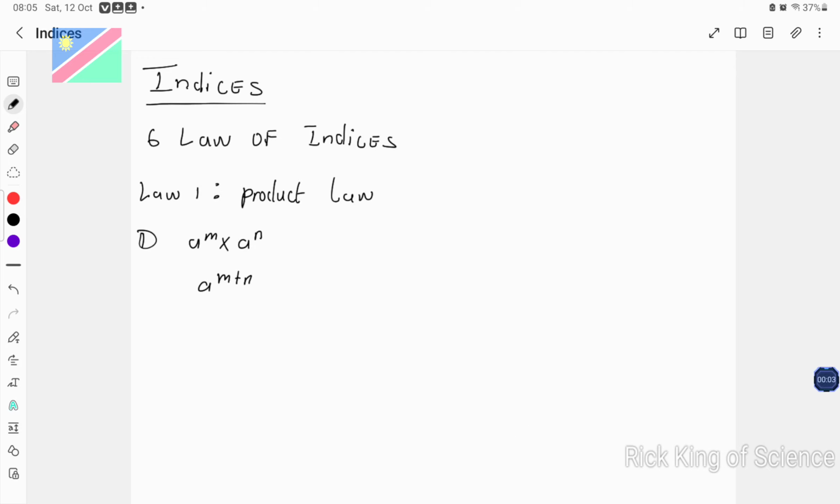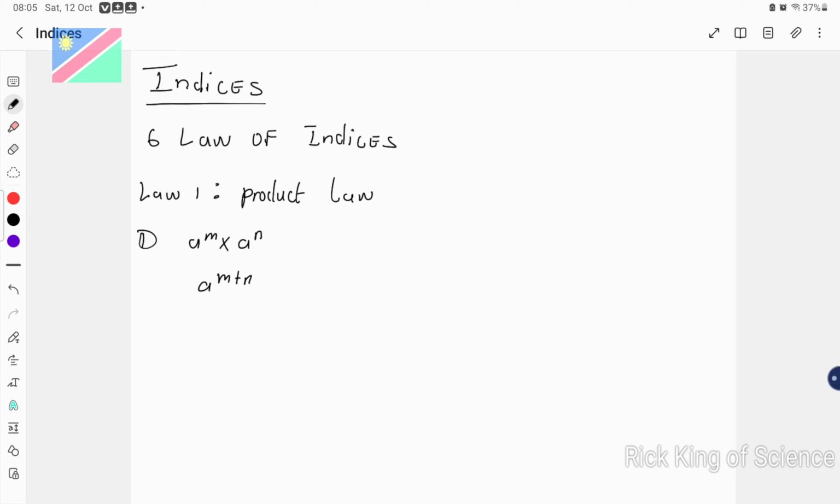Product law, okay? Laws of indices. Number 1, 6 laws of indices. Law 1, product law. The word product is because of the multiplication sign. So that's why we call it a product law. Okay, now,